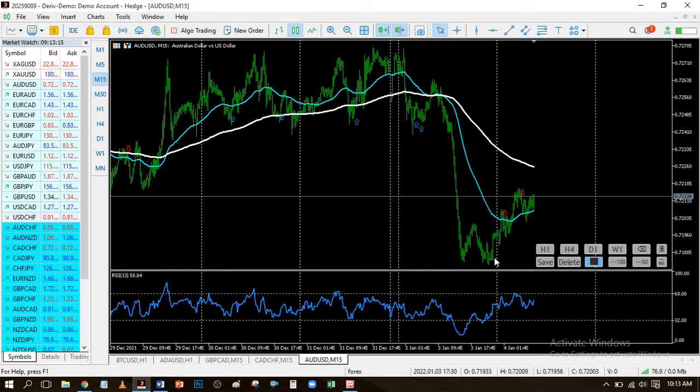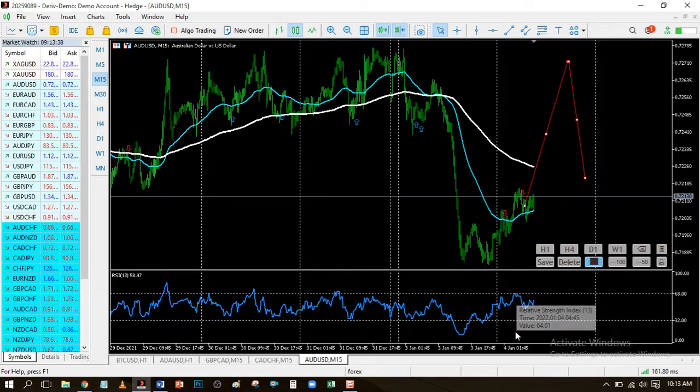I wait for the market to just push a bit higher. That is, I want it to move above this 200 EMA. Once it moves above this, I'm waiting for something like this. Then I want something like this to happen. Then at this level, when price has touched the 32, this is where I'll place my entry.